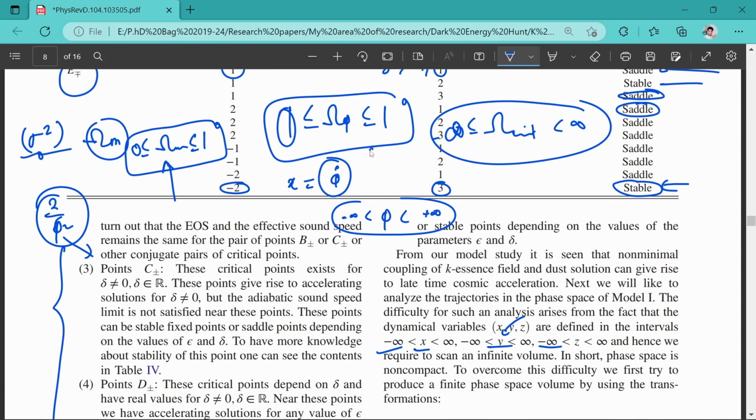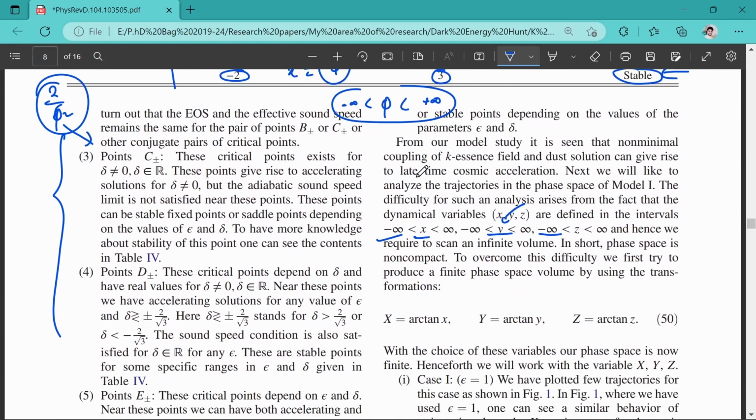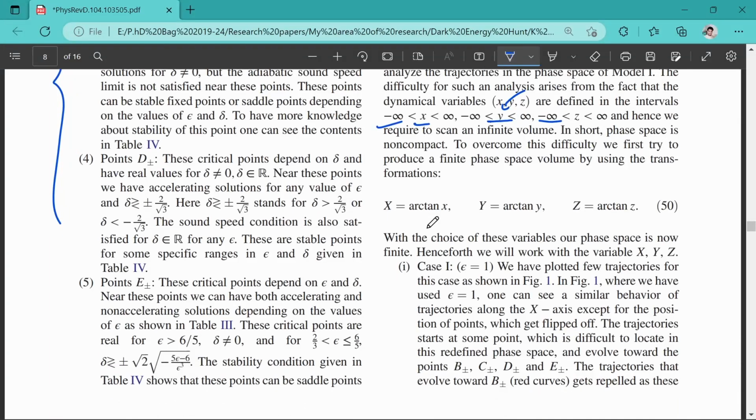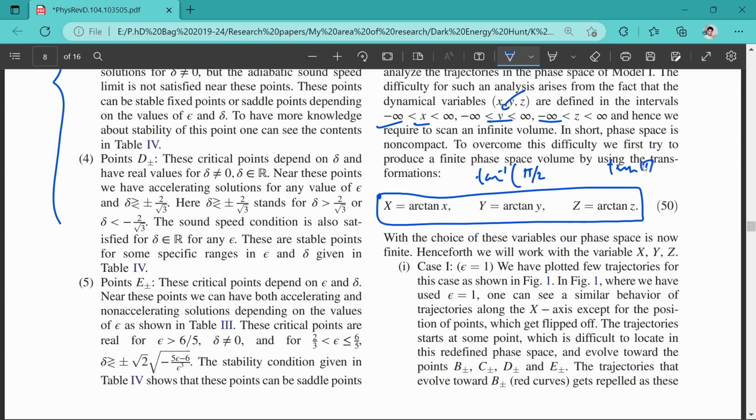So far we have this kind of real constraint, but the problem is that we cannot constrain the phase space into some kind of shape. So whenever you have this, you can transform these variables into something more general. For example, if you define tan pi by 2, tan 90 degrees becomes infinity. So if you take tan inverse of tan pi by 2, it becomes pi by 2.